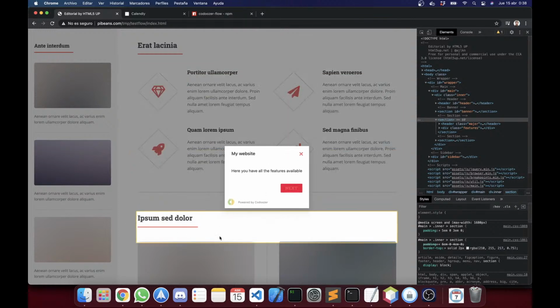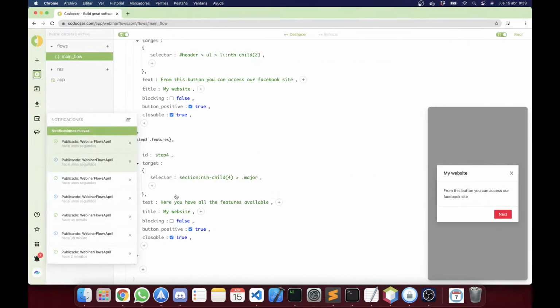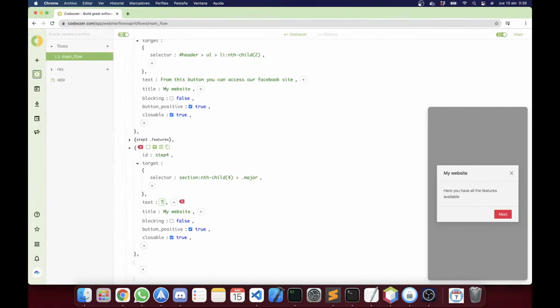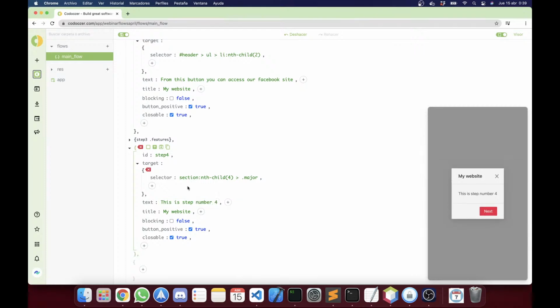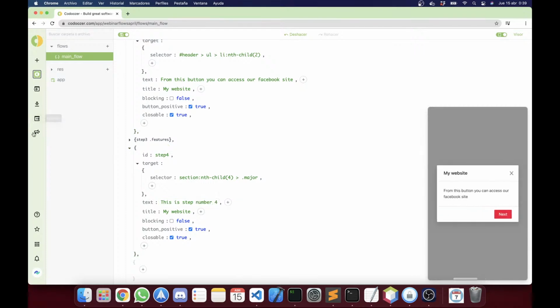Okay, now you see I'm targeting this one. So this is step number 4. Let's put this text here. This is step number 4. Okay, so what I was going to explain is that